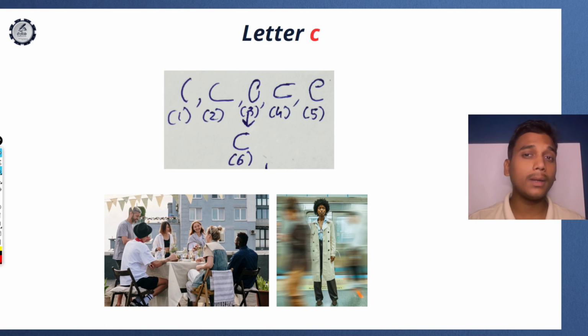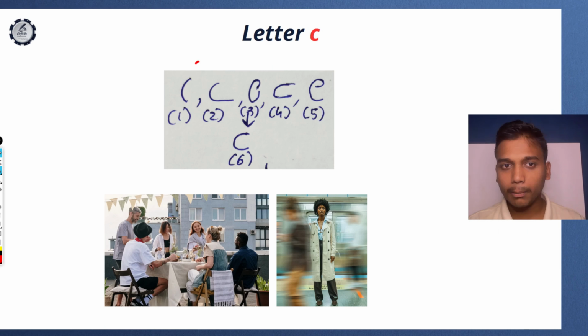Now, there are some formations which are similar to letter A. As you can observe here, an extended C is present. Similarly, you may have learned about the extended letter A, which we have studied before. Extended A showed us that the writer is someone who is lazy at home. Similarly, these are the writers who are lazy socially. They don't take work seriously. They don't talk with new people in a serious manner. So they are not serious in social situations.